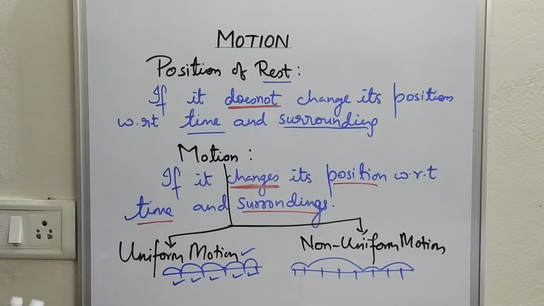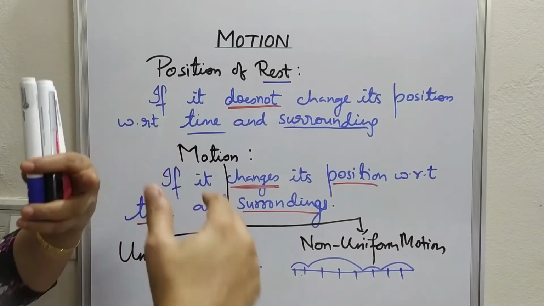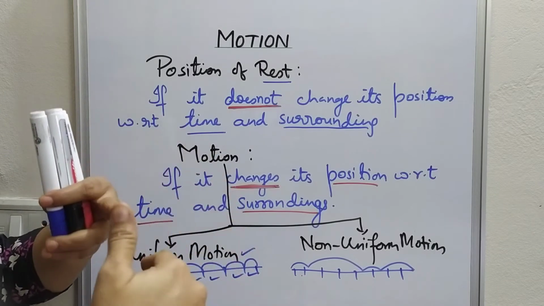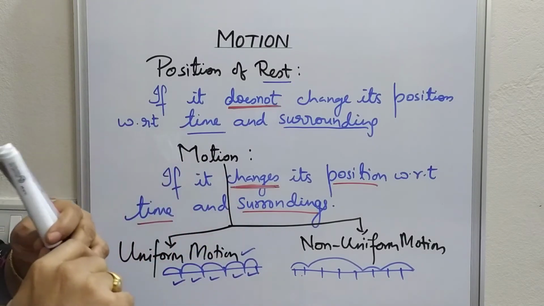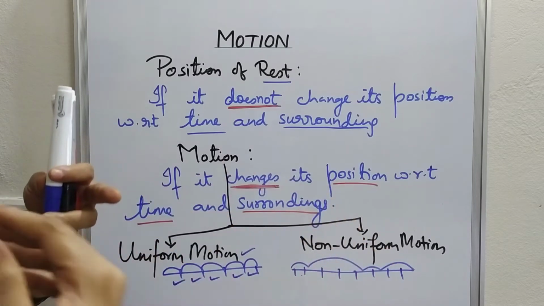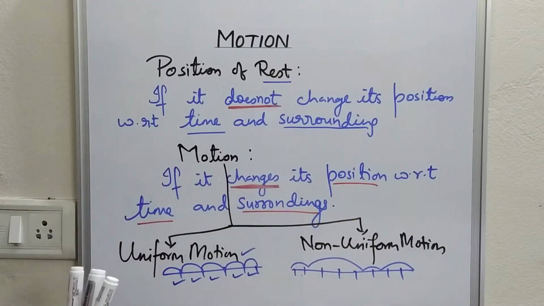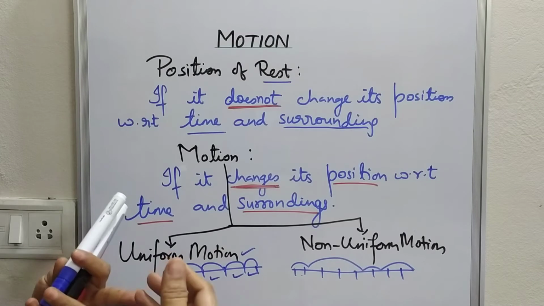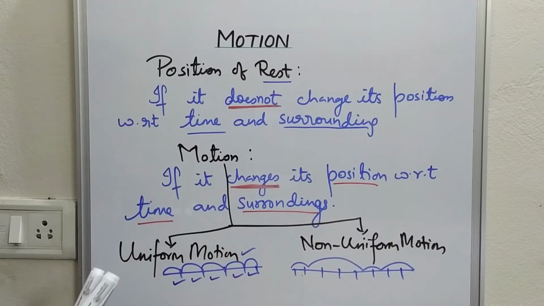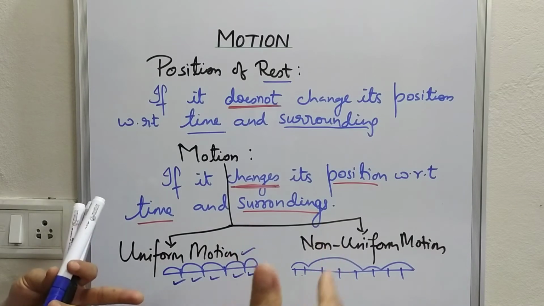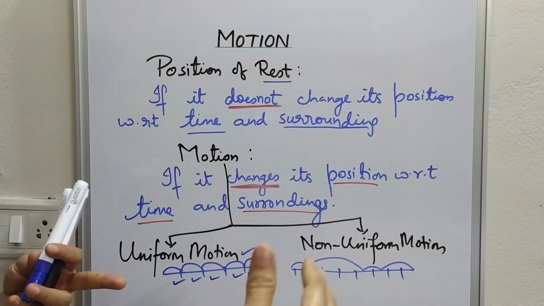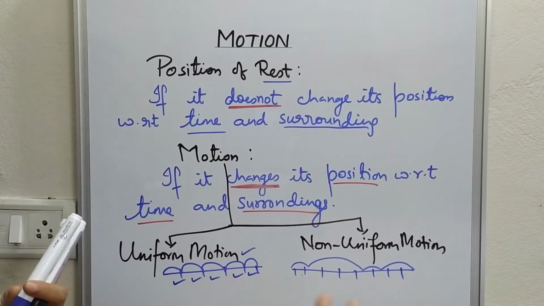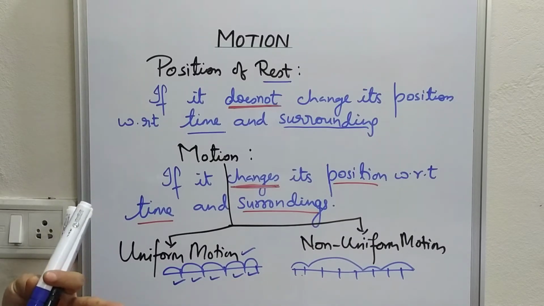Examples of objects or bodies in uniform motion are the movement of needles over the clock, the flight of a bird, the motion of planets around the sun. So those all are the examples of uniform motion. Non-uniform motion is any vehicle or any object on the road or around a certain location, children running in a park. So those all motions are non-uniform motion. The movement of a pendulum when it is not under forces, or when it is acted upon by forces, then also such a motion is called uniform motion.